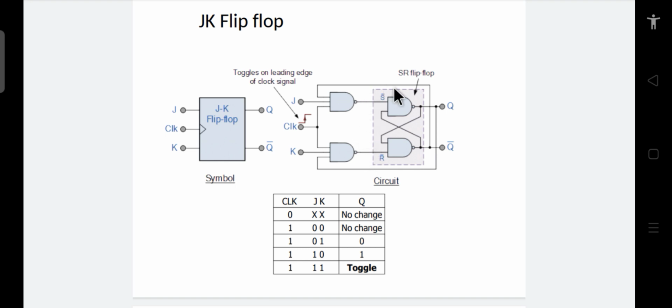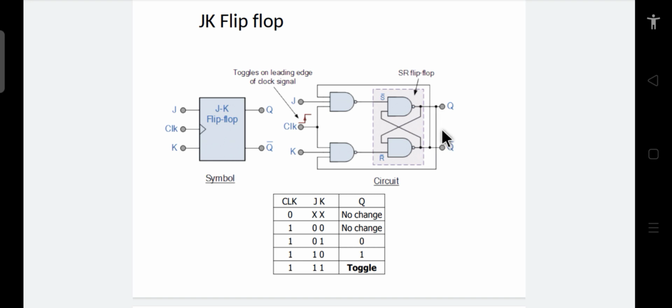Now this is the same circuit as you have in an SR flip-flop. So this portion now works as an SR flip-flop, and you will see that if S is 0 and R is equal to 1, then the flip-flop output will be reset, Q will be equal to 1 and Q bar equal to 0. So you see, earlier you assumed it as 0, but now it has changed to 1.